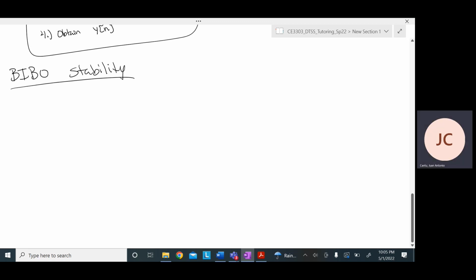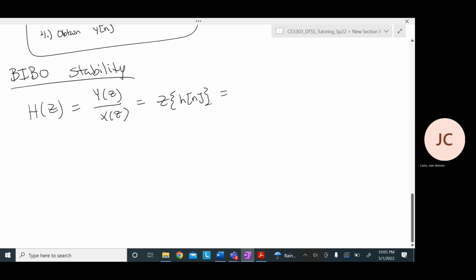So, BIBO stability. We recognize that our transfer function can be represented in quite a few ways. H of z can be Y of z over X of z. It can be the z-transform of our impulse response. And lastly, it can be some constant C times, and this is a product symbol, okay, this isn't pi, this just means we're multiplying all of these terms,